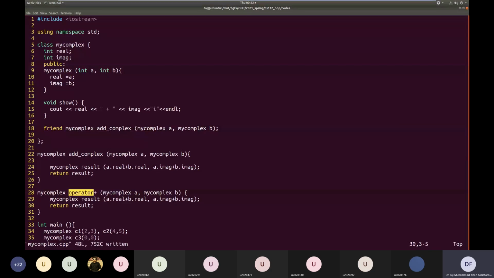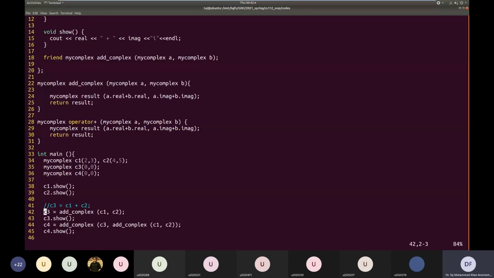Okay, so this statement, line number 41, C1 plus C2. The compiler will see that the user has used the plus operator with two operands of type my complex. So the compiler will first check, do I have a built-in functionality for the plus operator for my complex type?